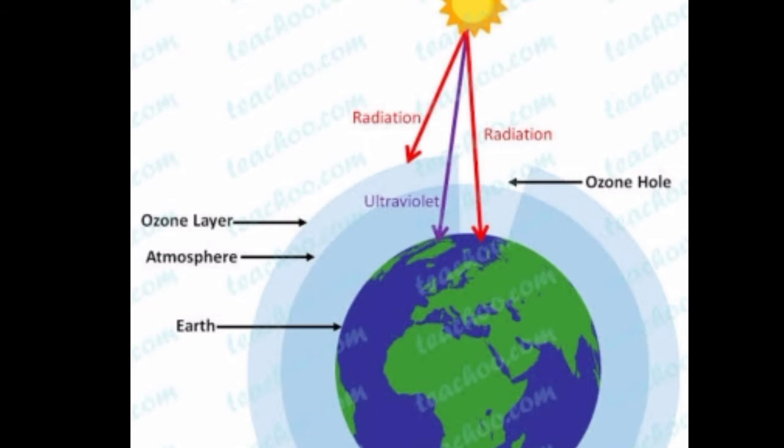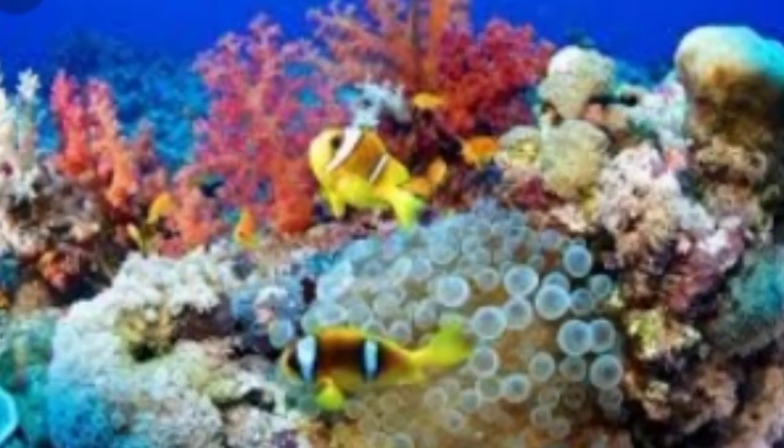Depletion of the ozone layer. Ozone molecules are present in the Earth's stratosphere and they are responsible for protecting humans from harmful ultraviolet rays. We can call it UV, ultraviolet rays. Chlorofluorocarbons released into the atmosphere by human activities deplete the ozone layer. As the ozone layer is depleted, UV rays, that means ultraviolet rays, reach the earth and they cause skin and eye related problems to us.